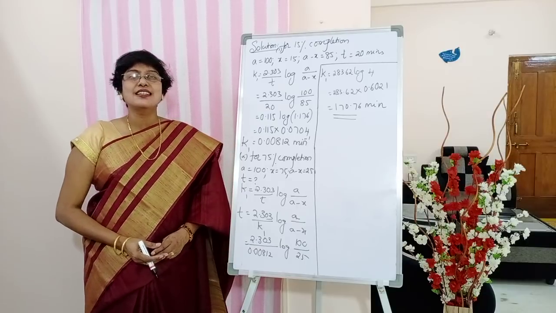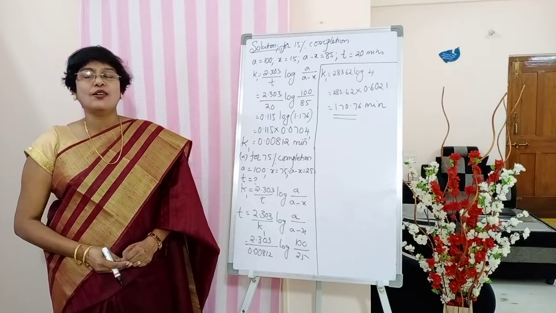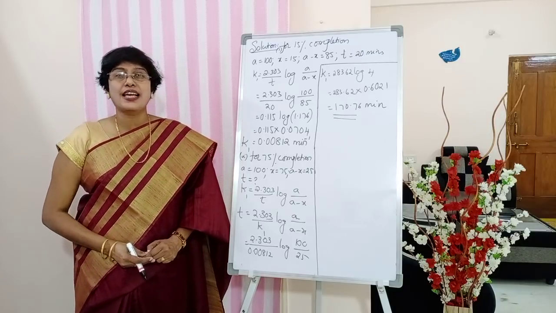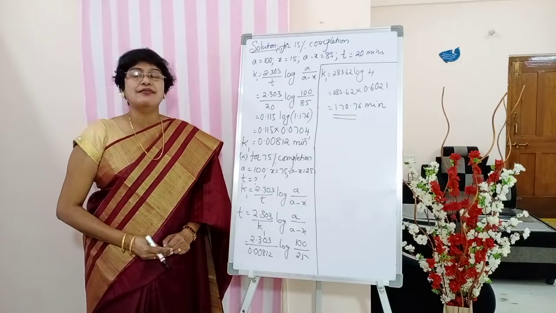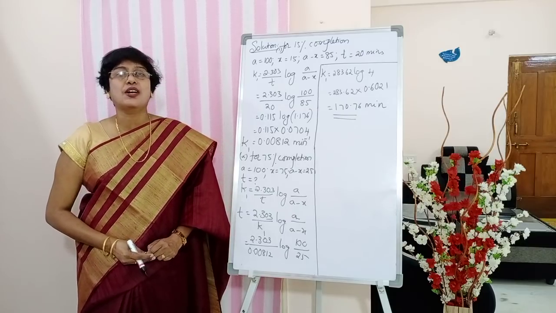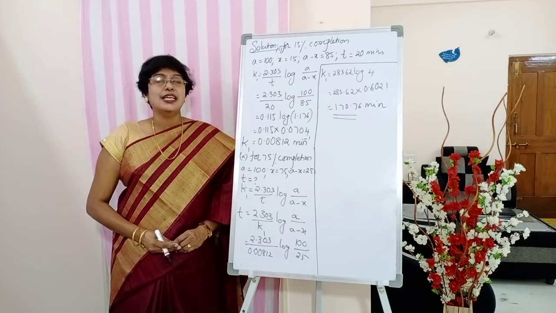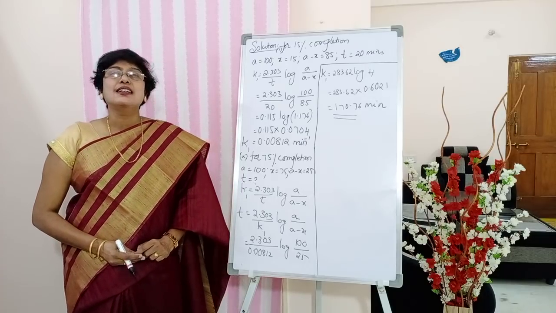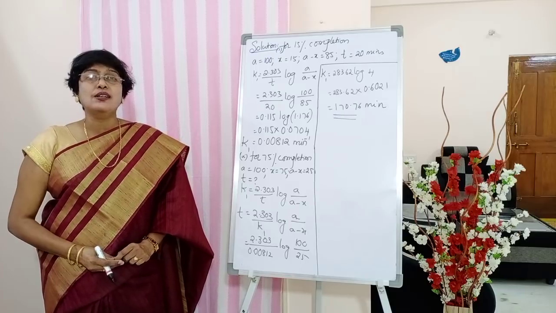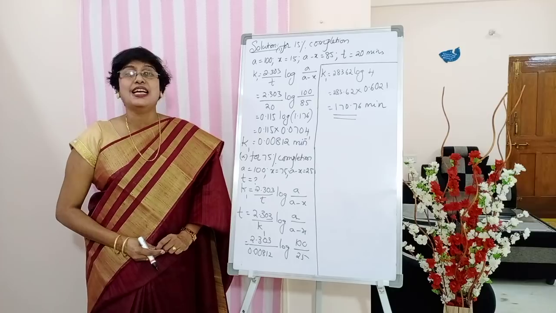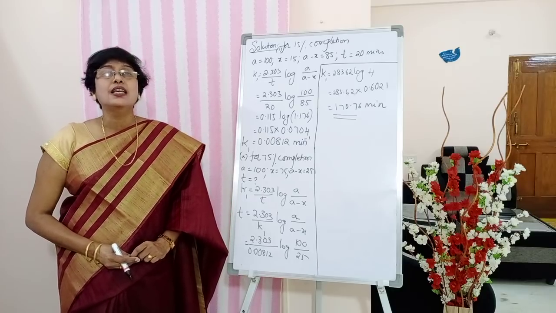In the last class, we started and learned kinetics for first order reactions, in which we derived an expression for the rate constant of first order reactions. And there we have seen the characteristics, examples, and also the problems. One we have done, and the other I have given you as homework.